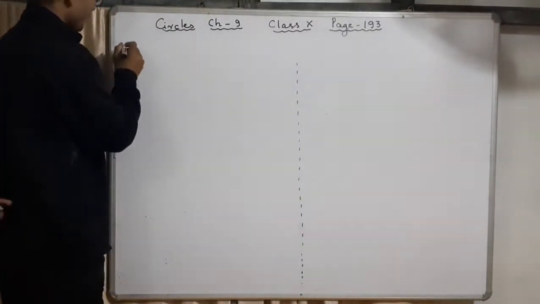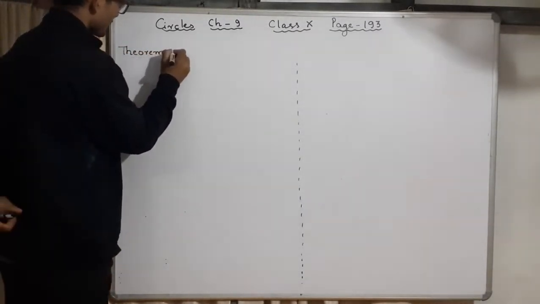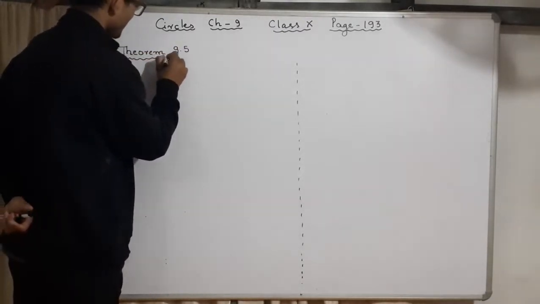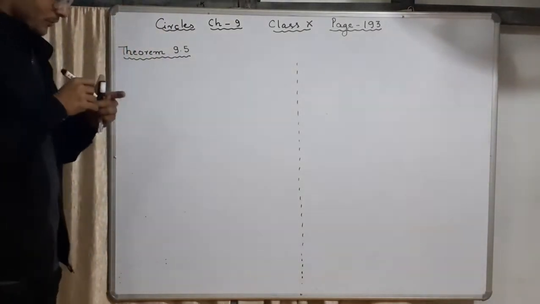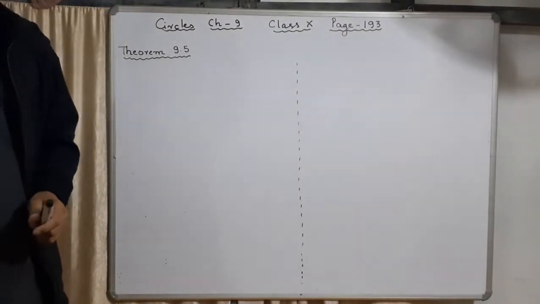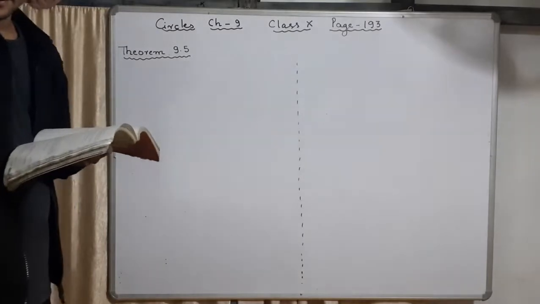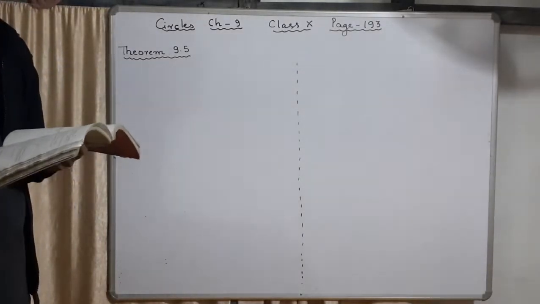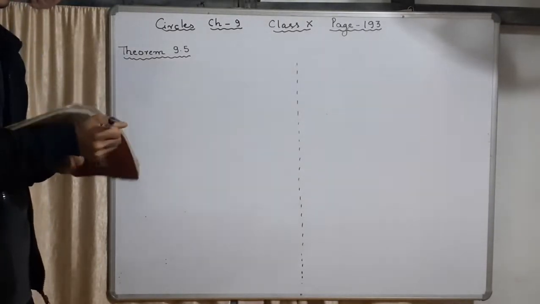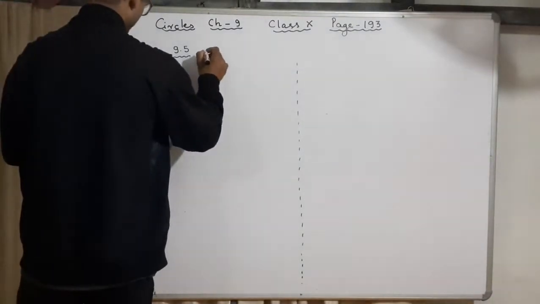We'll try to do another theorem now. This theorem is 9.5. Okay, we just finished 9.4. 9.4 and 9.3 were opposite to each other, you remember. Now 9.5 will tell you a new thing about the circle and inside the angles. Okay, so it is interesting. So one theorem is connected to another this way. So this is how you learn the circle chapter. Okay, what it says is